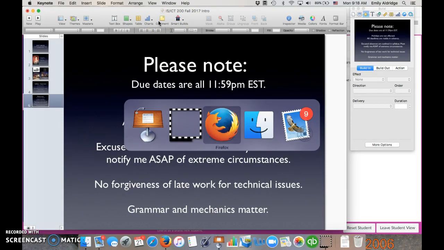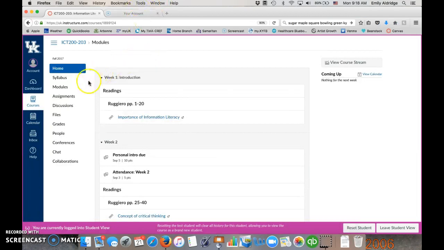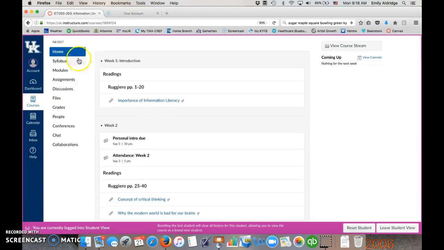So I'm going to buzz over here to Canvas, and I'm in student view, so this is very much what your course will look like when you're at home. I like this layout because it just shows week 1 and it shows everything that's expected of you. The only thing that isn't plugged in yet is the video, which obviously I'm recording, so there will be a video added here, and then readings, and then that's our week 1.